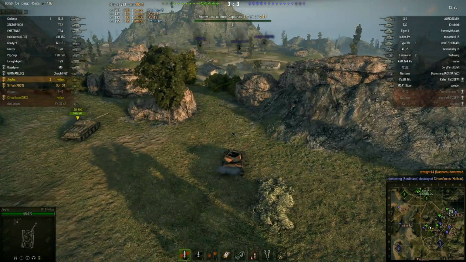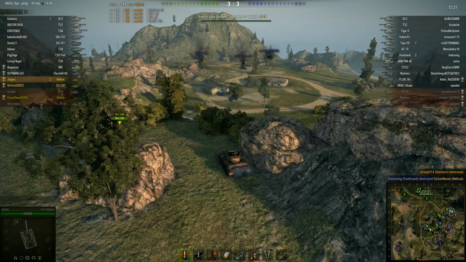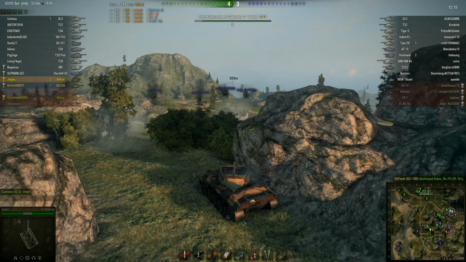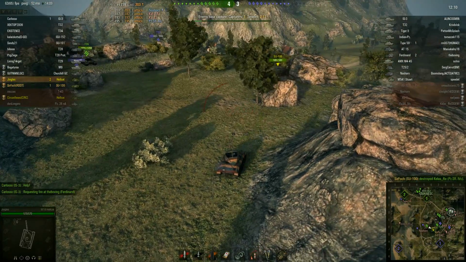Taking the hill on Mines is very important. The position commands the entire map. You're not guaranteed to win if you have the hill, but it is a lot easier to win if you do have the hill. If you're not in possession of the hill, the next best thing that you can do